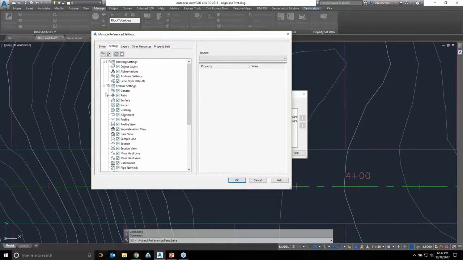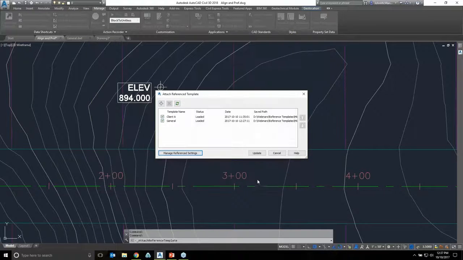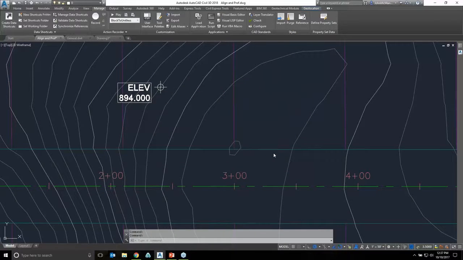Here is the list of the different drawing settings that are being referenced. I do not believe that lists and things like that are being